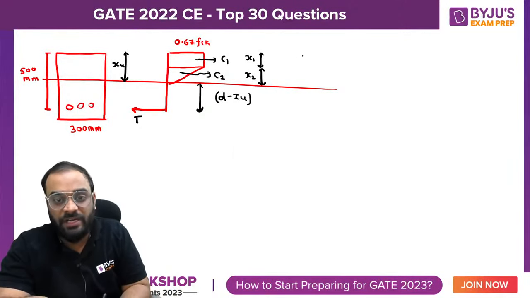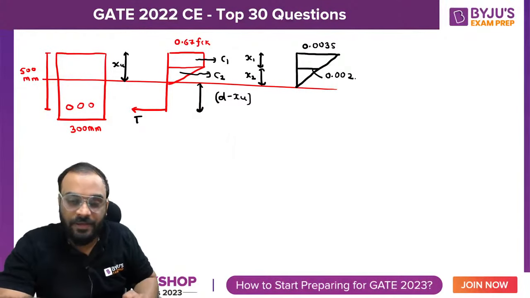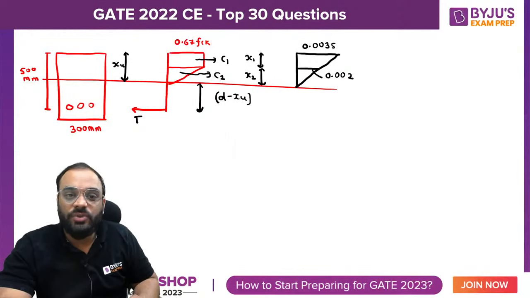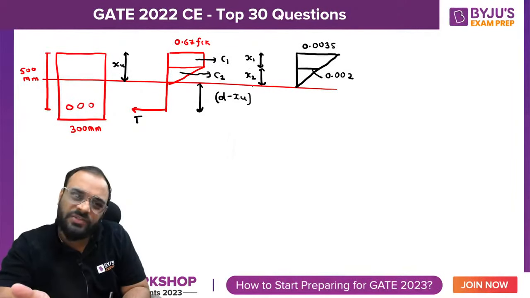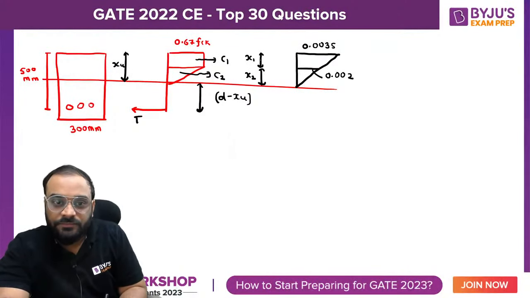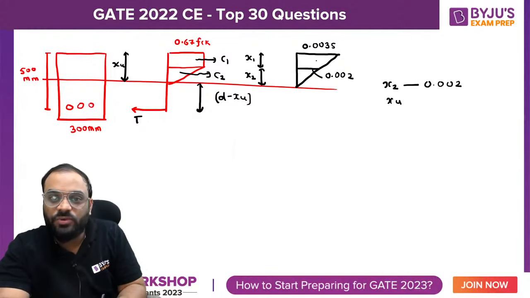By using the strain diagram. What you will observe, guys, is that the strain value is already given to us. At this level, the strain is 0.0035 and the strain at this particular level is 0.002. Correct? Okay, sir. Now first you need to use this particular triangle to find out the value of X1 and X2. Okay, so can I write it down, guys? This is basically X2, right? This one is X2. So X2 is present at a level of 0.002 and the total depth, which is basically XU, has a strain of